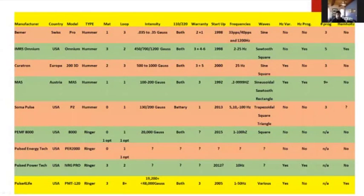This is a spreadsheet. I went on to every other type of website I could find on PEMF machines. And I found some Hummer devices, I found some Ringer devices, and I'm not going to go through every single one. I can email you a copy of this if you like, but in Gauss, if you look down the intensity section, nobody compares in strength to what we're doing. We're a Ringer device, where it's like we're comparing apples to oranges with these different devices, because yes, they're all PEMF devices, but when you have a Ringer blasting that type of magnetic field, it is doing something different at the cell level